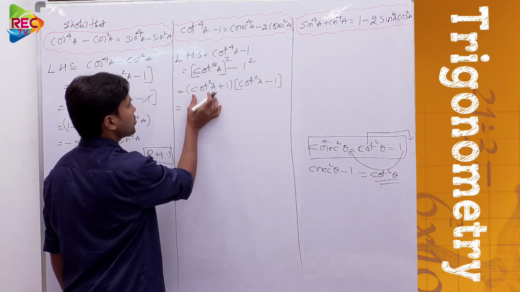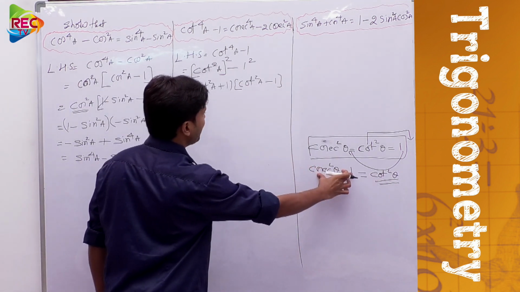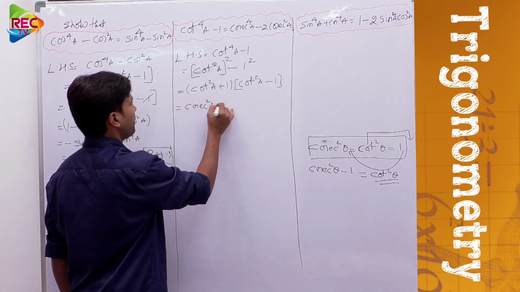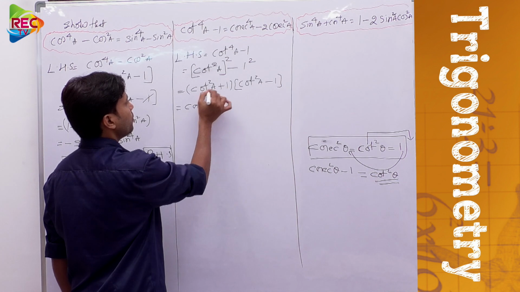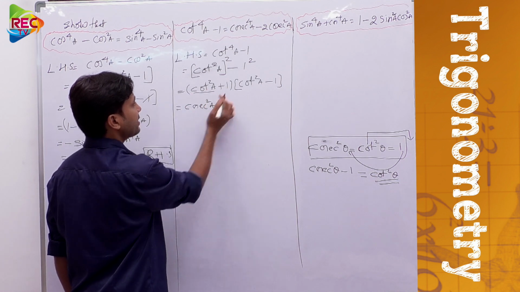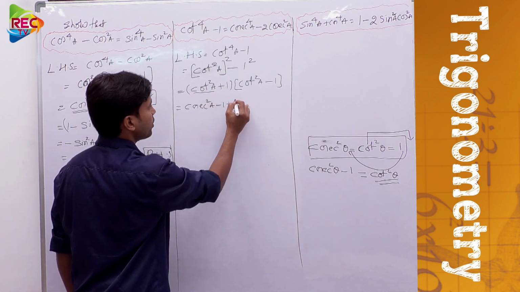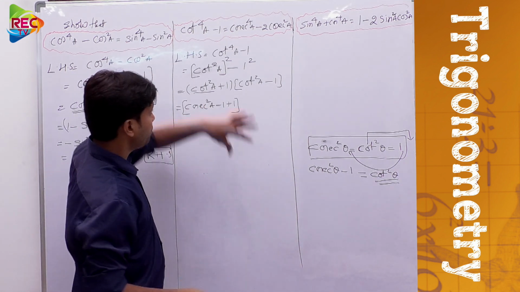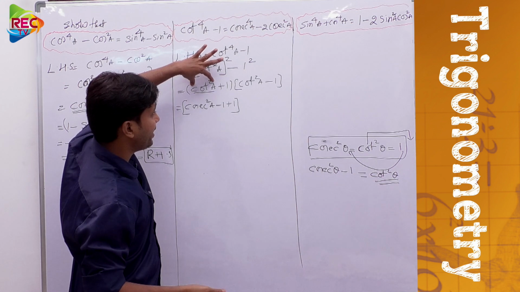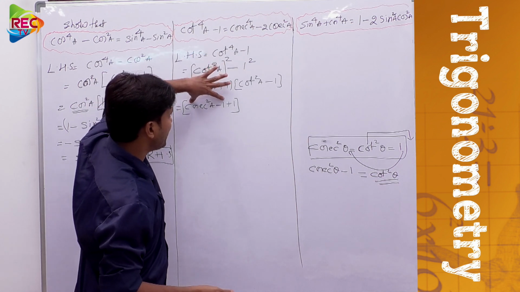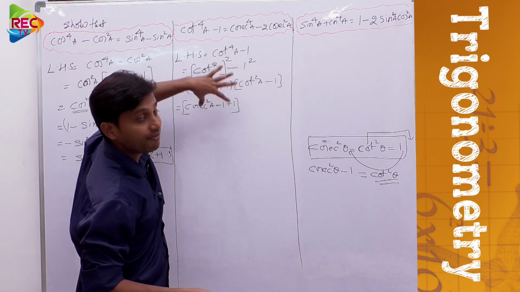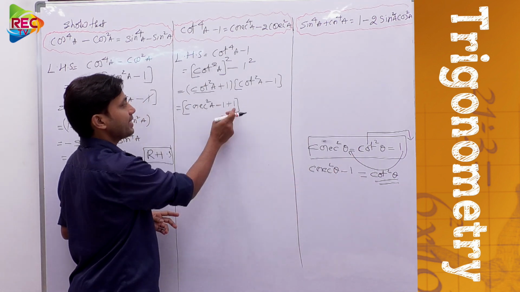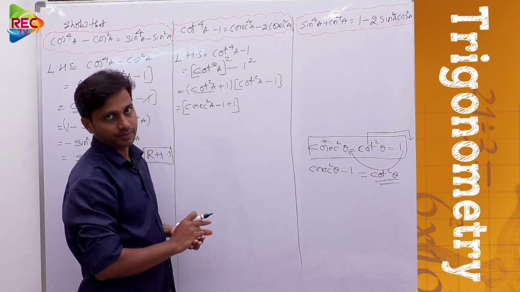Okay, so cot square A is equal to what? Cosecant square A minus 1. Write down cosecant square A minus 1. So the value of cot square A is written like this, and here 1 plus 1 is also there. Once again I am telling you, in place of cot square A we wrote cosecant square A minus 1. I mean we have substituted this value. And already 1 is existing over there, that is plus 1.